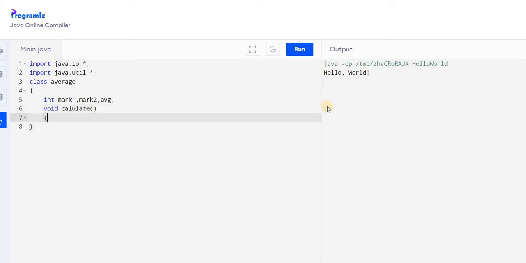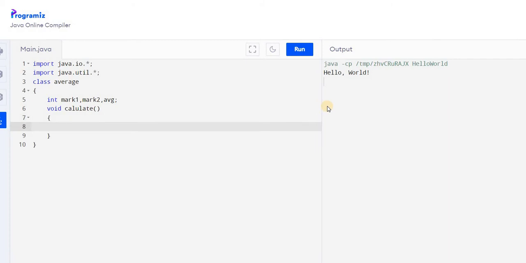In order to get the input, first we have to declare a Scanner. The syntax for the Scanner goes like this: Scanner, then give a name for the scanner. For understanding, I'm giving the name as s, but you can use any name. So Scanner s = new Scanner(System.in); Here s is the name we have given for the scanner, and using this s only we will be able to get the input from the user.